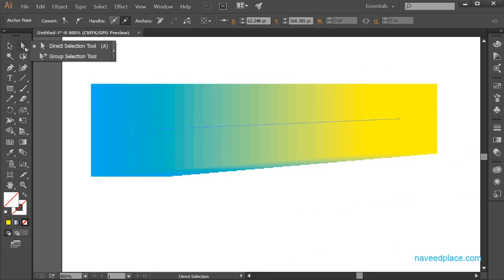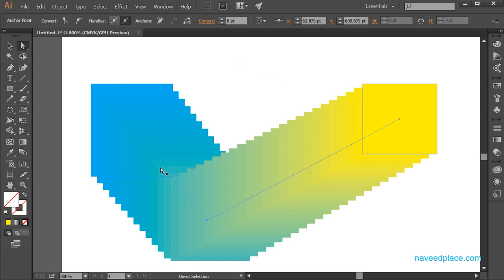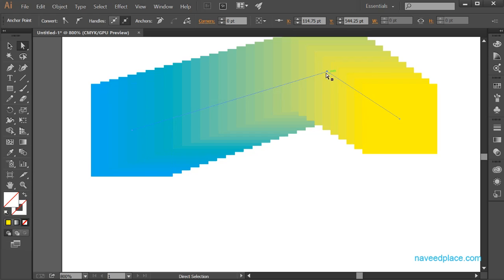I will go to the toolbox and click on the direct selection tool, because you know that if you want to play with points, you need to use the direct selection tool. So I will take the direct selection tool and click, and as you can see, now I can also change the path of this object. With the help of this point I can change the path, I can change the direction, I can do everything. So we can also do this with the pen tool.